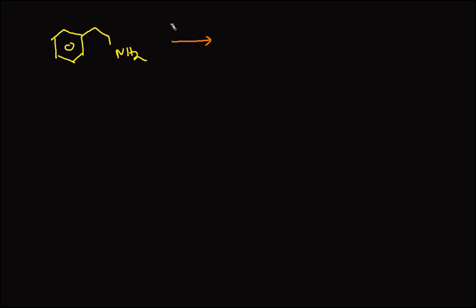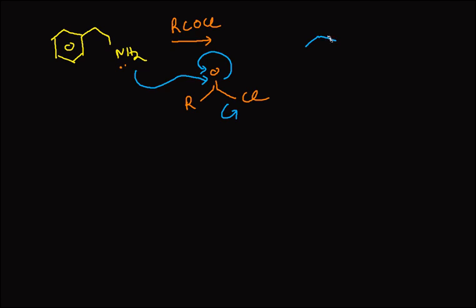First I'll add, let's say, some reagent, an acyl chloride derivative. When I add acyl chloride, you know what can happen. This is the structure, RCOCl. This nitrogen has a lone pair of electrons, so this amine can attack this carbon over here. It will form O minus. O minus will migrate back and chloride will be expelled. So ultimately we'll get this product, CH2 CH2 NHCO R. This is what I'm going to get.